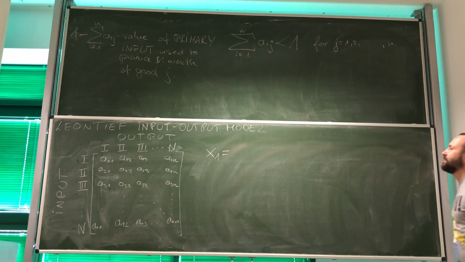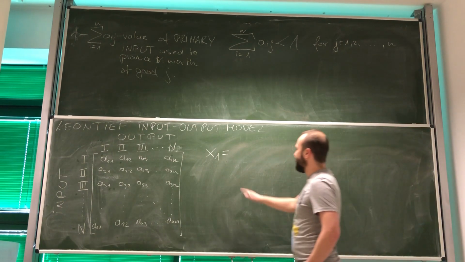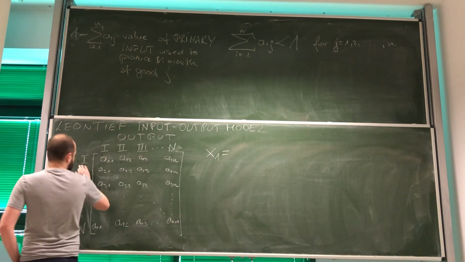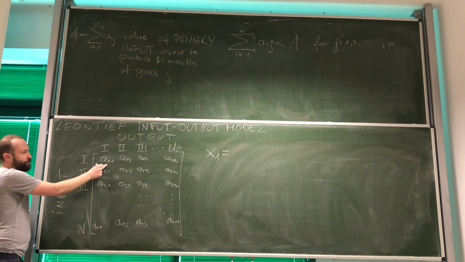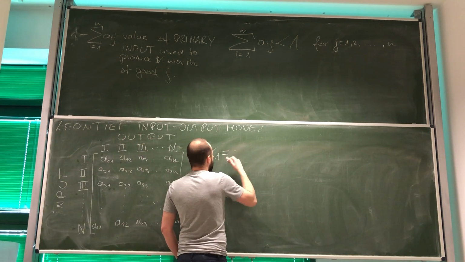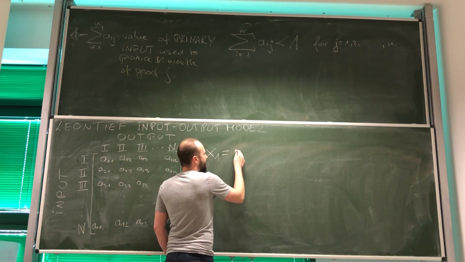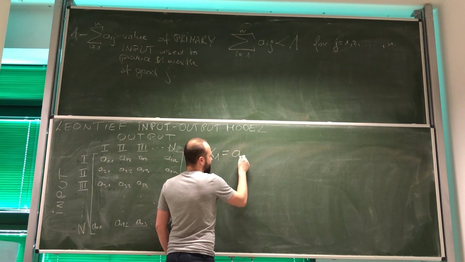How is this good located in the economy between different sectors? Well, we see that good 1 is used as an input in the production of good 1. How much of it do we use? We use A11